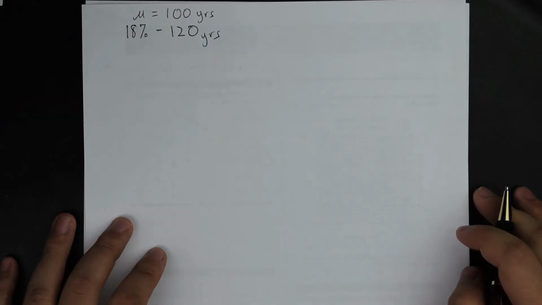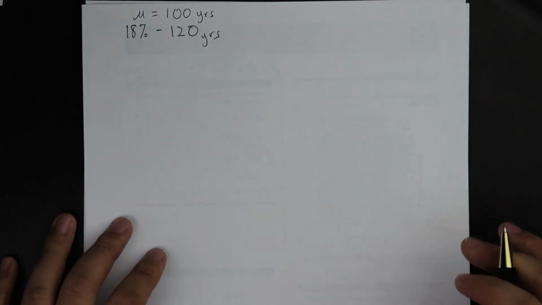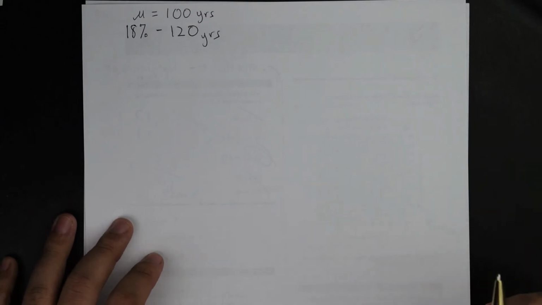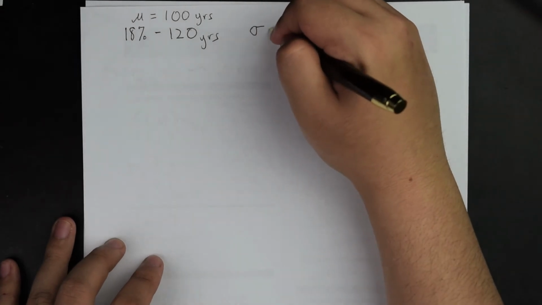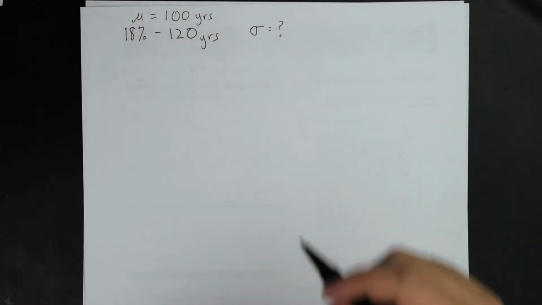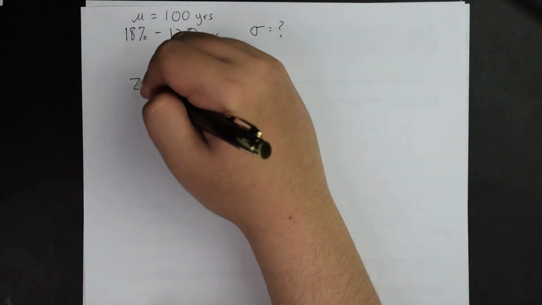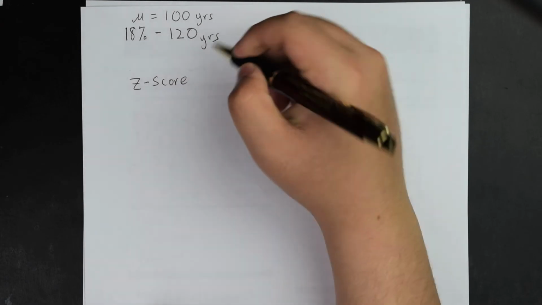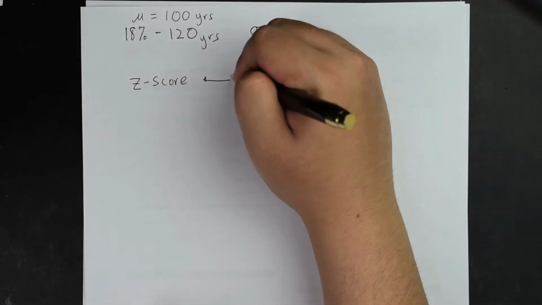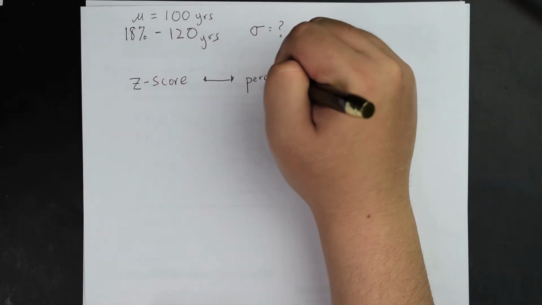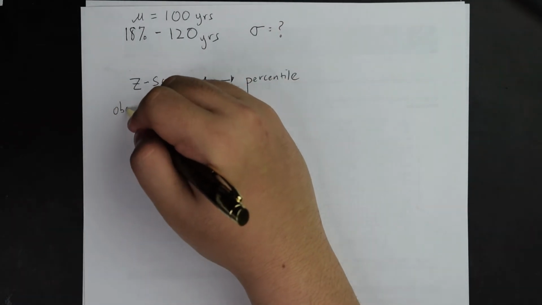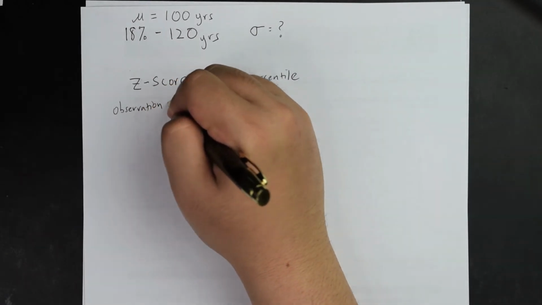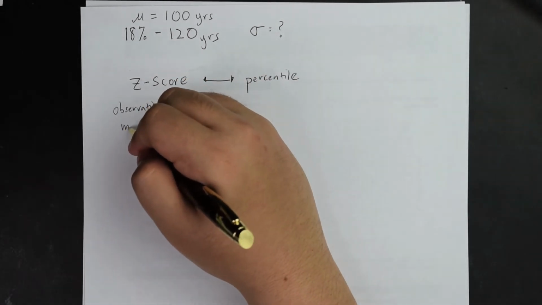Afterwards, they're asking me, what is my standard deviation if the individual is assuming this is correct? So for example, I don't know my standard deviation. I'm wondering. Okay, so as I mentioned before, and I'm going to redraw that chart system, for switching between z-score and percentile, there are a few things that I need to know. For z-score, as I mentioned before, I need my observation for the equation, I need my mean,